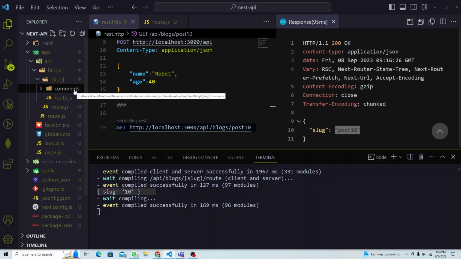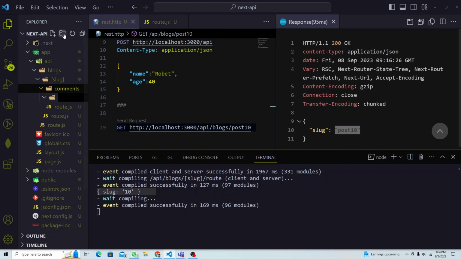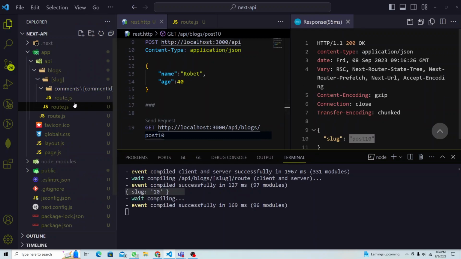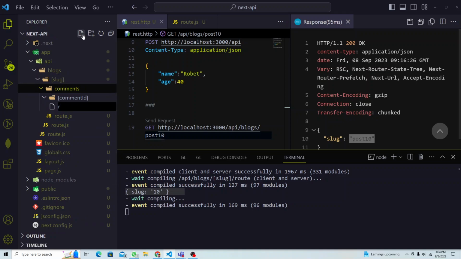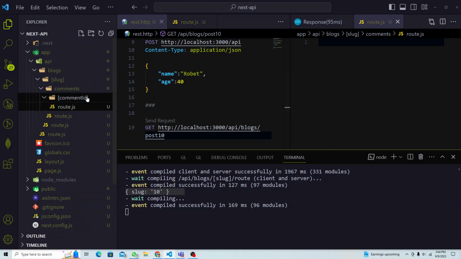And if there is a single comment also, you can have many comments, right? So how are you going to handle single comments? So same thing again with the ID, right? So let's call it comment ID this time, okay. So if you need to handle a lot of comments, there will be a route.js for all your comments, but for a single comment you're going to have again route.js. See,